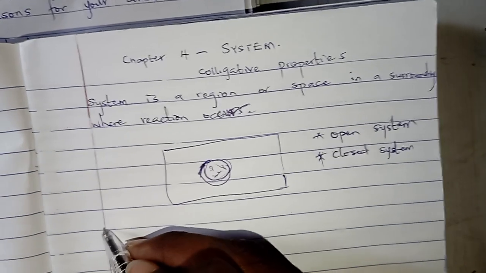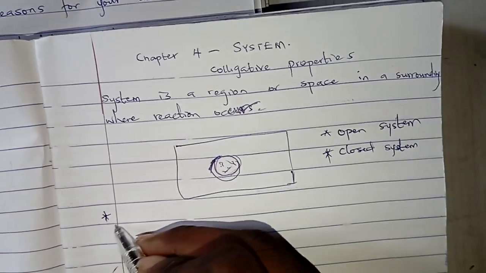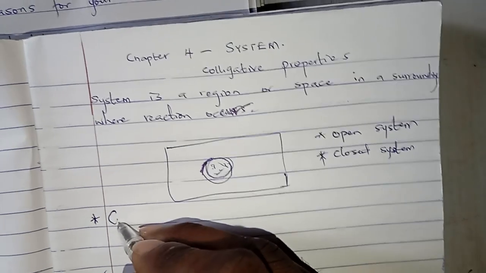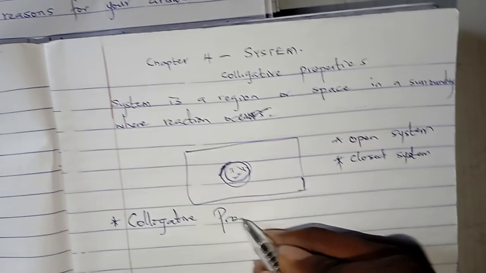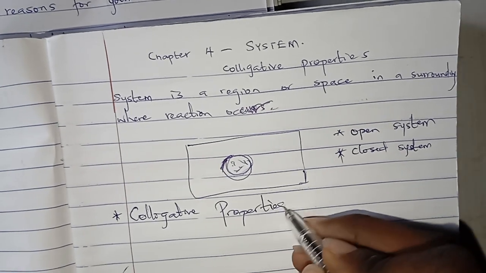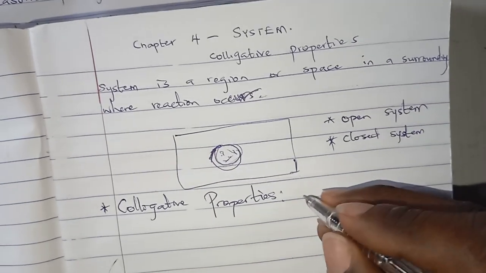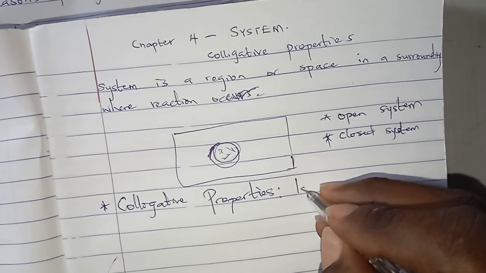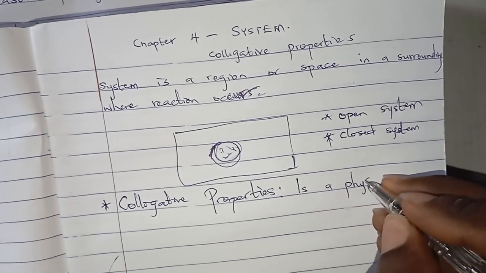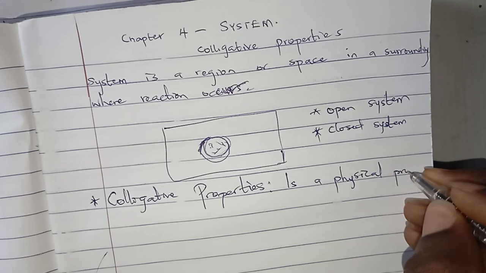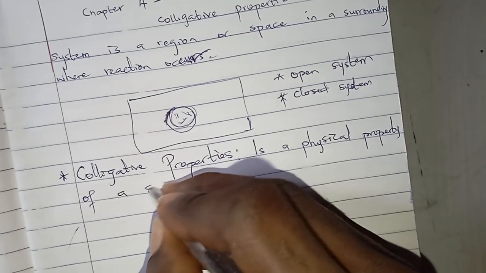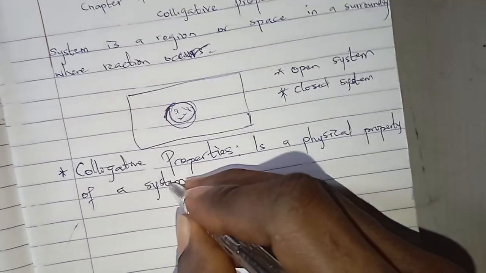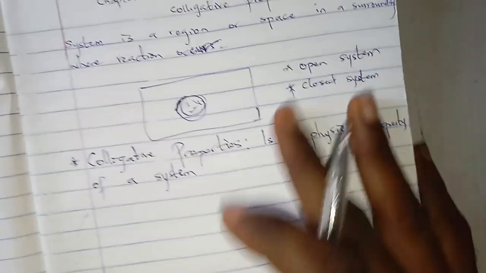But what we are looking at is what we call properties of a system. And the one we are going to be looking at is what we call colligative property, or properties. So we say that the colligative properties of a system is a physical property. It's the physical property of a system